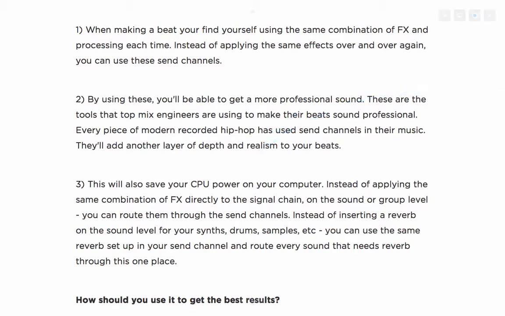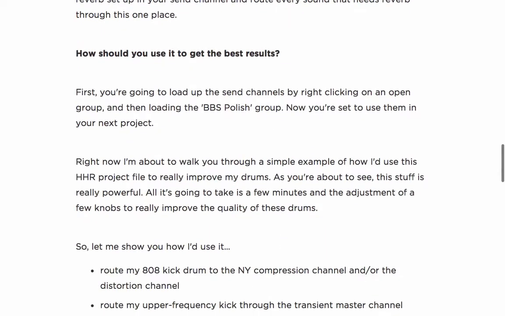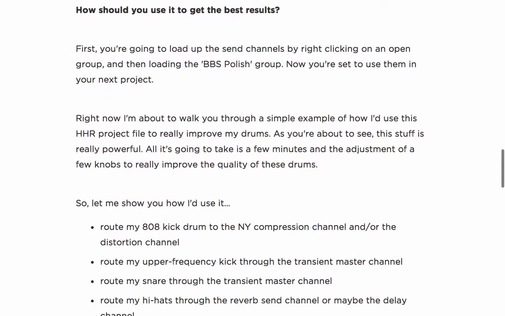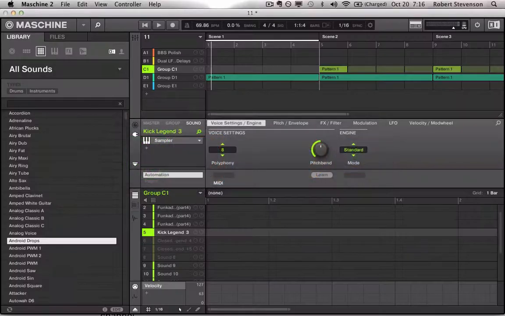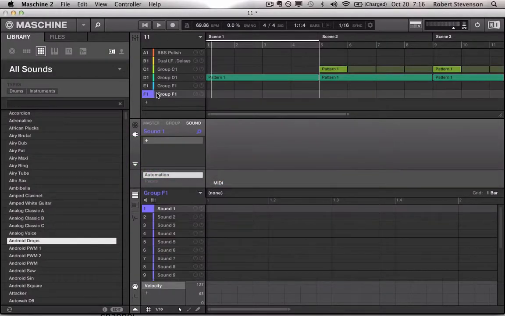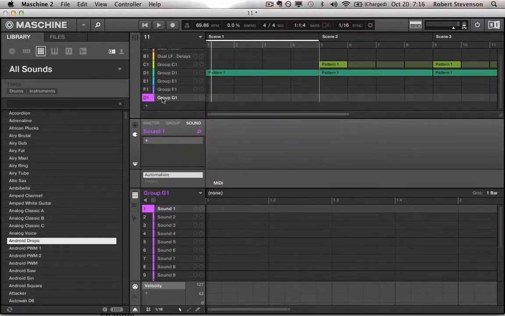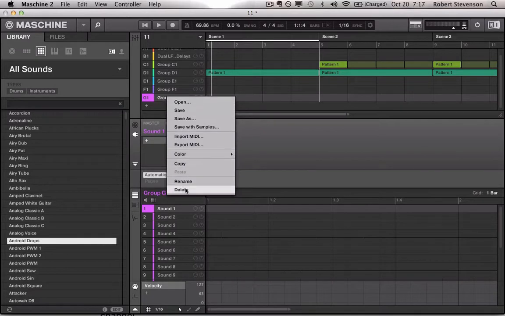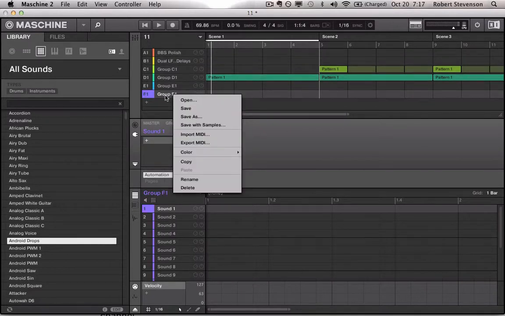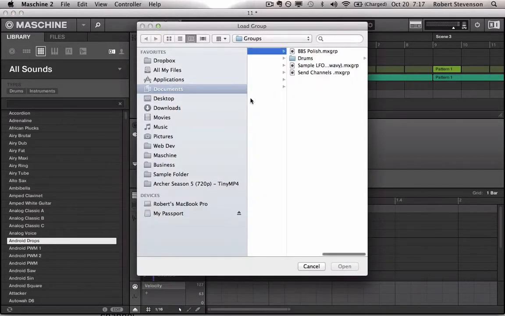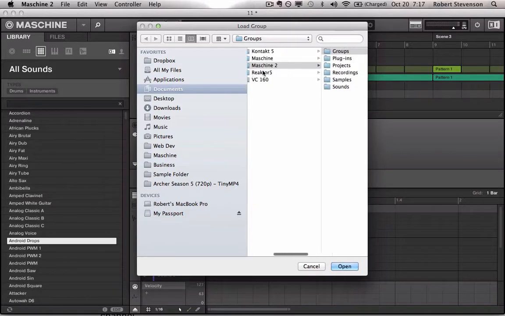So let's jump into the how-to. I know you guys want to know how to use this package. So let me explain kind of what's going on. First, you're going to load up the synth channels by clicking the open group. I already have it loaded in here, but I'll show you how to do it for yourself. You're going to right click. In this case, I'm using a Mac, so I'm control clicking, pressing open. And as you can see right here, I have the Beat School BBS Polish group already